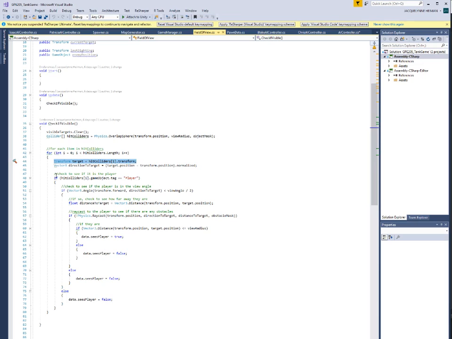And then if the hit collider is the player, so if the object is tagged player, then we're going to check to see if the player is within our view angle, which is 90, I think, currently. But this is actually set up so the designer can change it and set it to whatever they want. Then if they are within our view angle, we're going to see what the distance is to them. Then we're going to raycast to them to see if there's anything in front of them, and if not, then we're going to